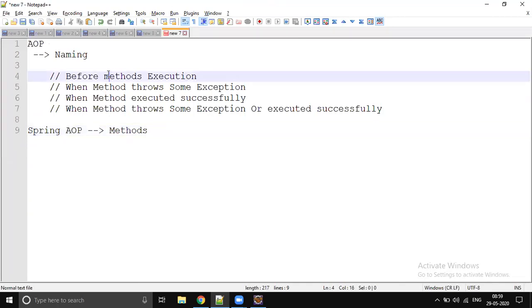But still, we have a couple of requirements specific to methods. Before method execution, you would like to do something. When a method throws some exception, you would like to do something. When a method executed successfully, you would like to do something. When a method throws an exception or may not throw an exception, that time you would like to do something. So if your requirement is something like this,